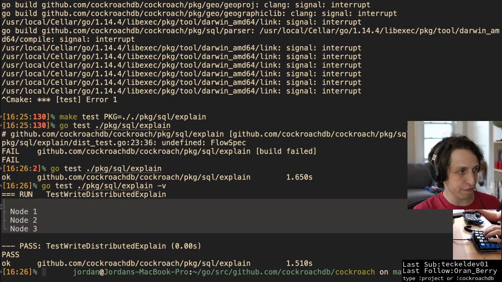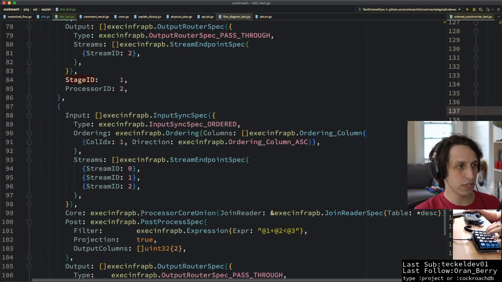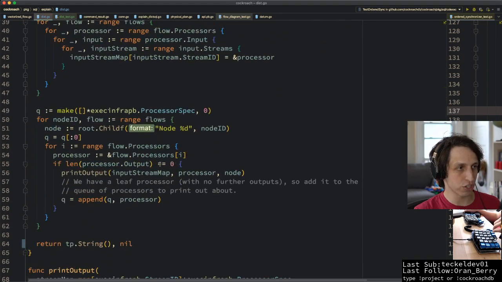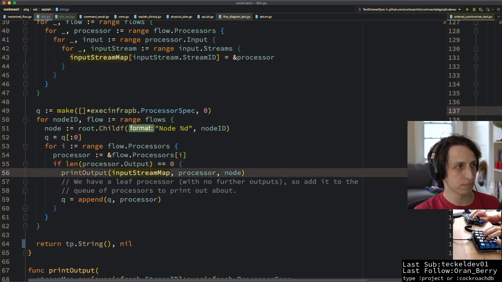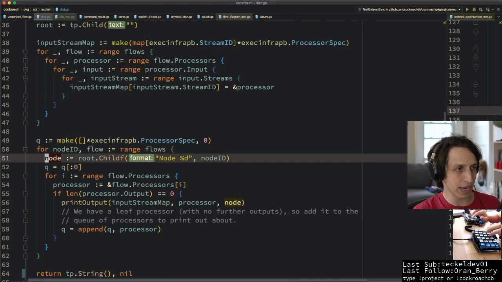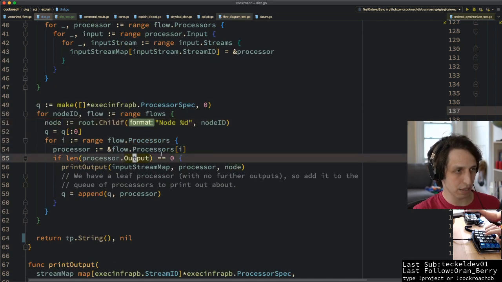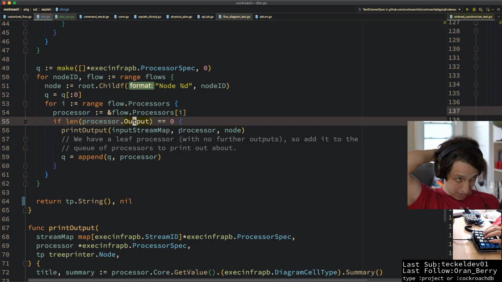Okay, so we've got some stuff, but it didn't do anything good. But this is looking pretty encouraging. You know, we've got a little bit of a baby plan getting printed out. So we could try to figure it out. What's the deal? It looks like we didn't even start a recursion, right? And I think probably the issue is that, actually, okay, so we got here, right? We printed out the node, and then we never printed out any of the processors, and I'm guessing maybe it's because none of the processors had 0 outputs, which I think actually does make sense because